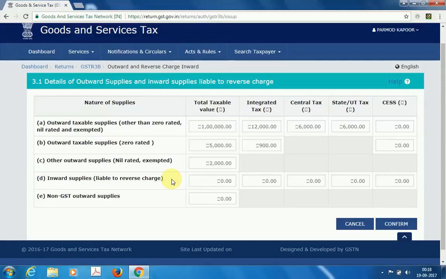In this case, the supplier will not be under any obligation to charge and deposit GST. The recipient will be under obligation to deposit GST. If this is the case, this transaction will come under reverse charge. Section 9(4) talks about transactions where an unregistered party supplies any goods or services to a registered party.